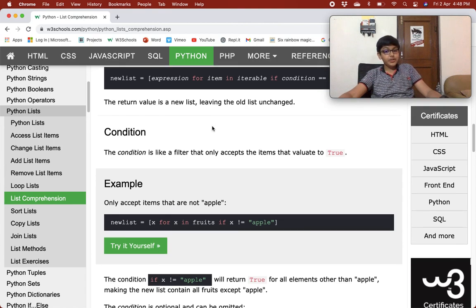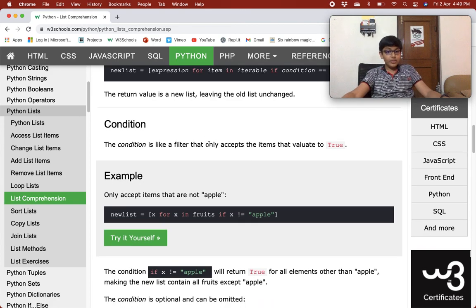Now the condition. The condition is like a filter that only accepts the items that evaluate to true. So this will only accept items that are not apple. So with new list x, first over here it will loop.